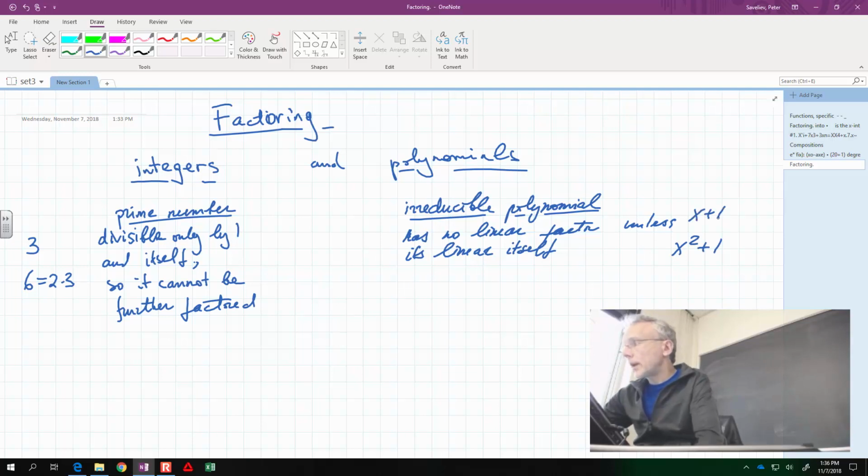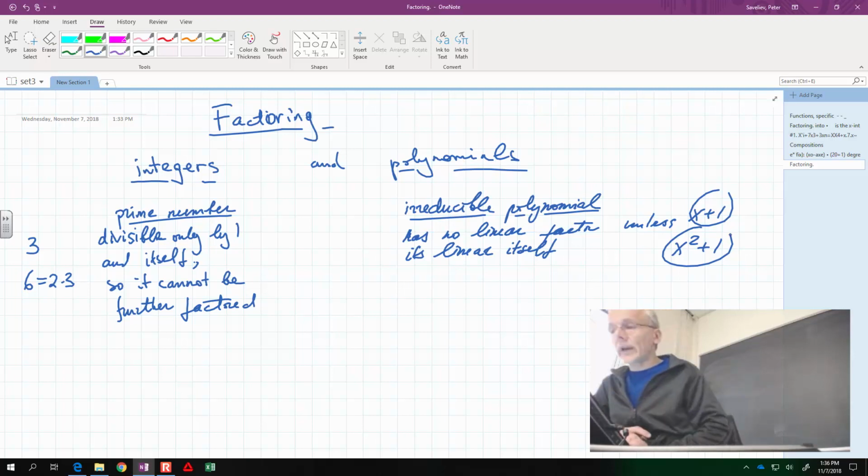Well, x plus 1 is not a linear factor. You cannot further factor it. So this is an irreducible polynomial. An irreducible quadratic polynomial is x squared plus 1. Okay, and that is the analogy. That is the similarity, and they behave in a similar way. But before we get to that,